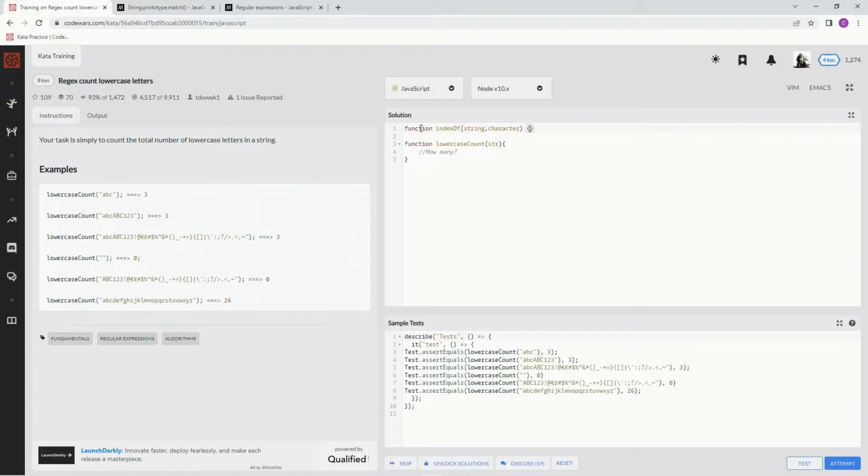All right. And for this, we're going to say let index equals 0. All right. And then while index is less than string dot length, we're going to say if string at the current index equals character,